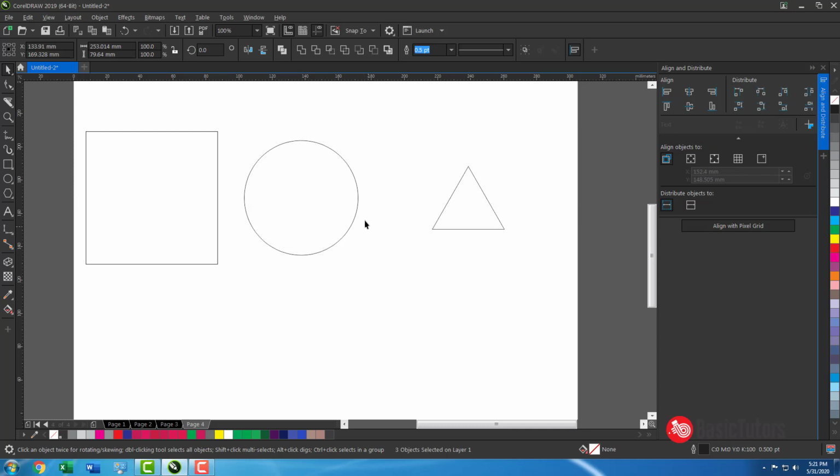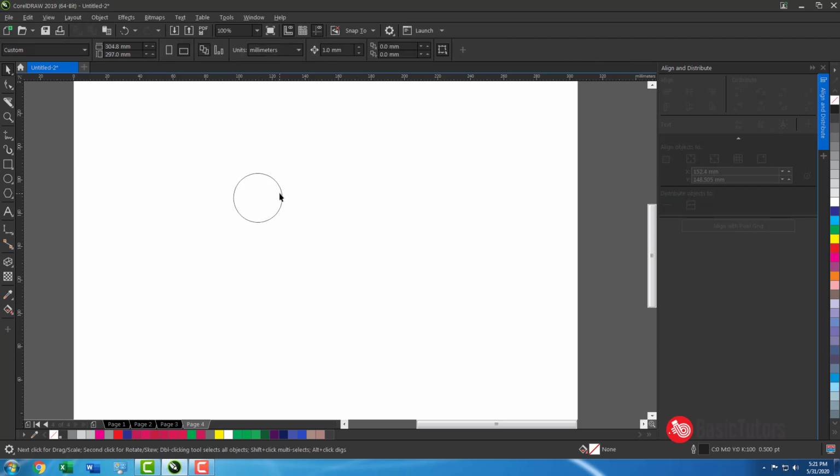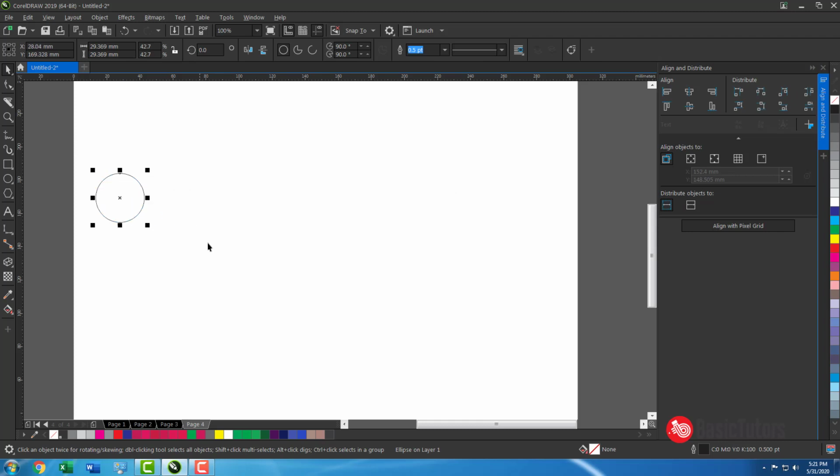The same way, distribute is also there. For example, see how align is important, the same way distribute is also important. I may place it here.